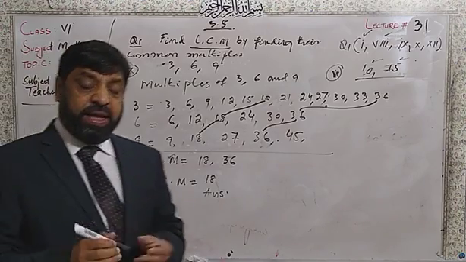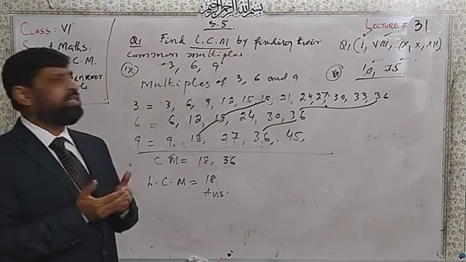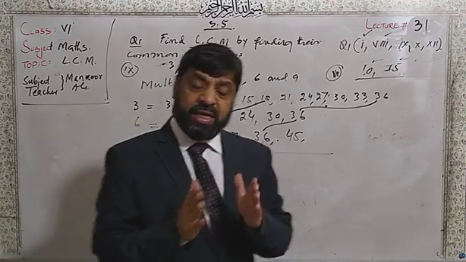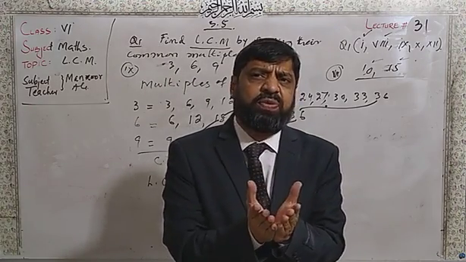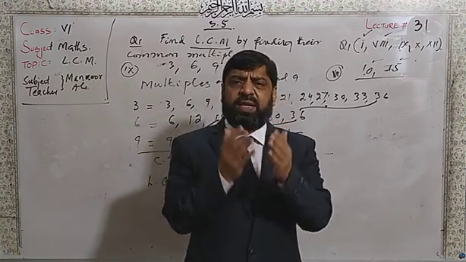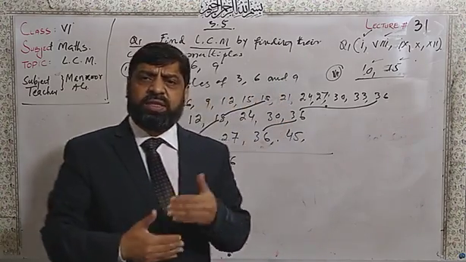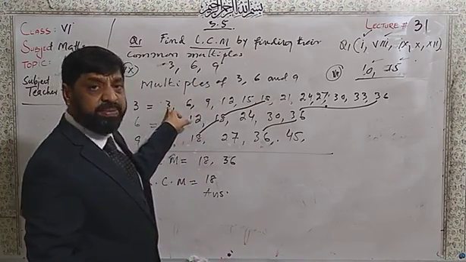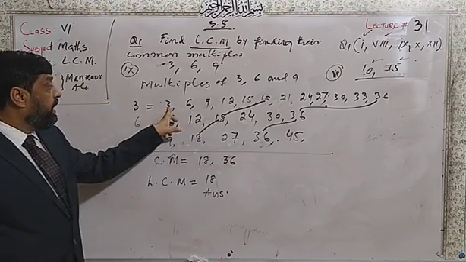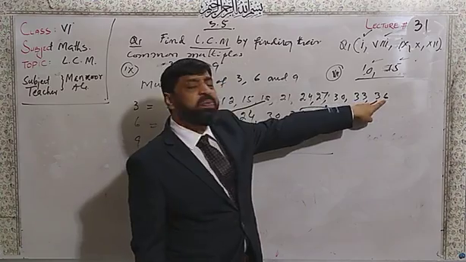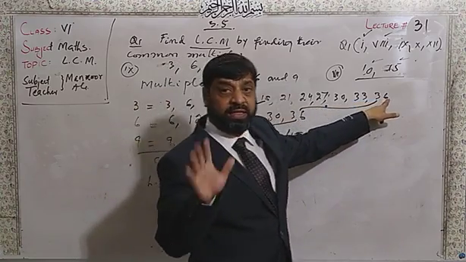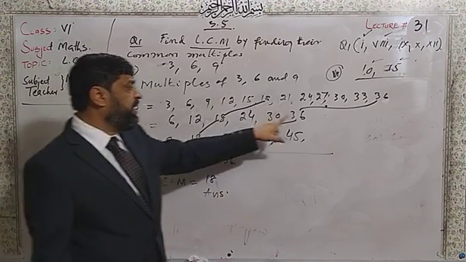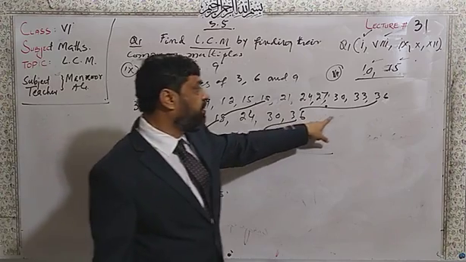Dear students, first of all, we will be very careful about that. The numbers whose multiples we are taking should go up to the range where we are sure, confirmed, that we will find the common. When it is possible to take the common, then we will stop. Suppose we proceed with the first multiple of 3, we go up to 36 because it is our need. Similarly, we start the multiples of 6 and we reach the last, 36, that is common here.